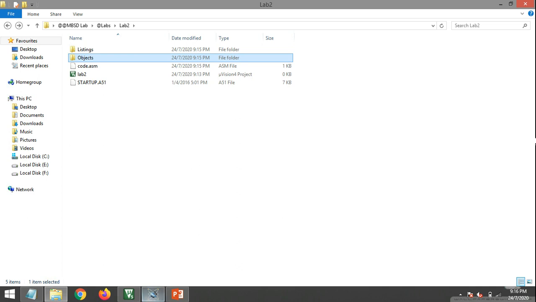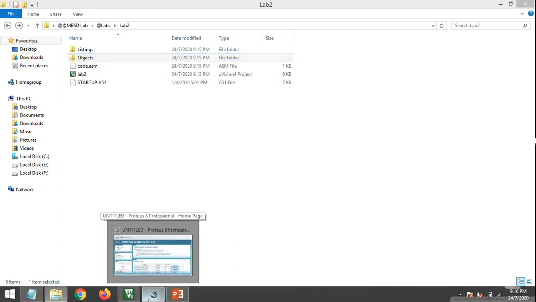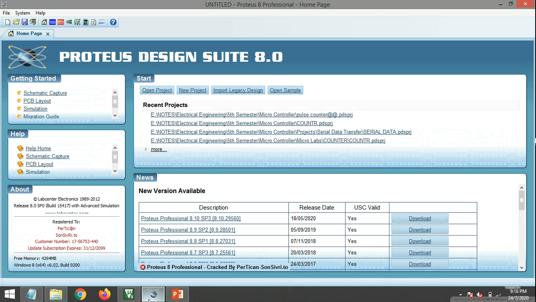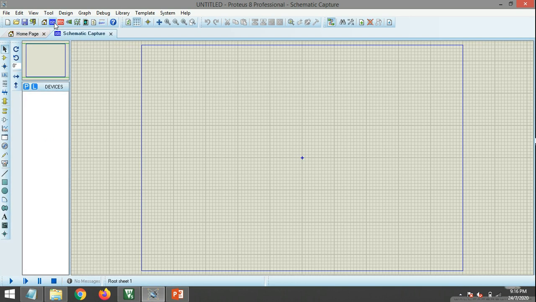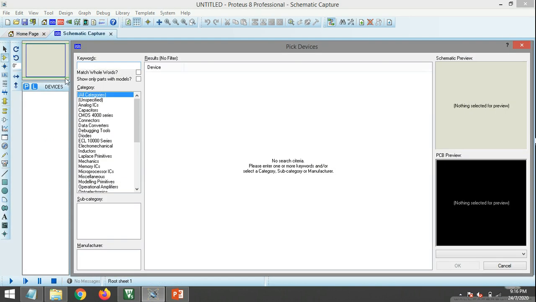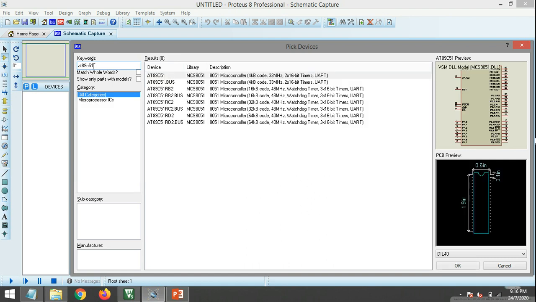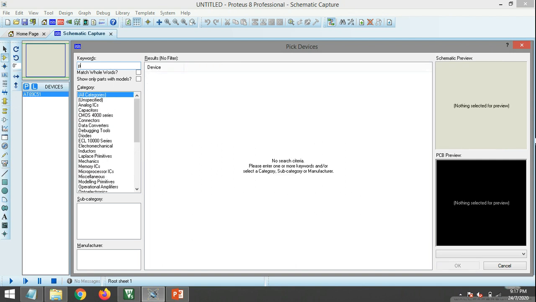So now after we are done with the hex file, the next thing is to make our circuit diagram in Proteus. So we'll go to the schematic capture. We'll get the stuff that we need. AT89C51, this is the IC that we require. Double click on that, it will be added to our device list. Then the next thing that we require is a push button.